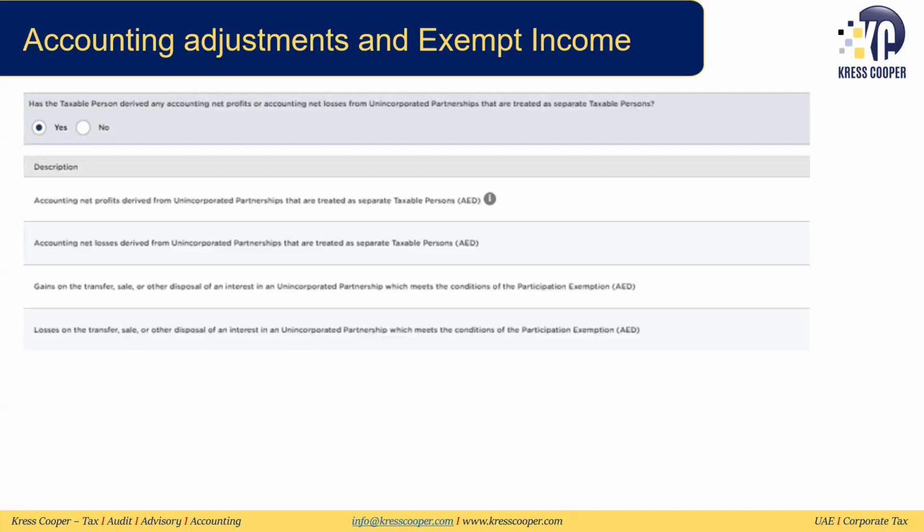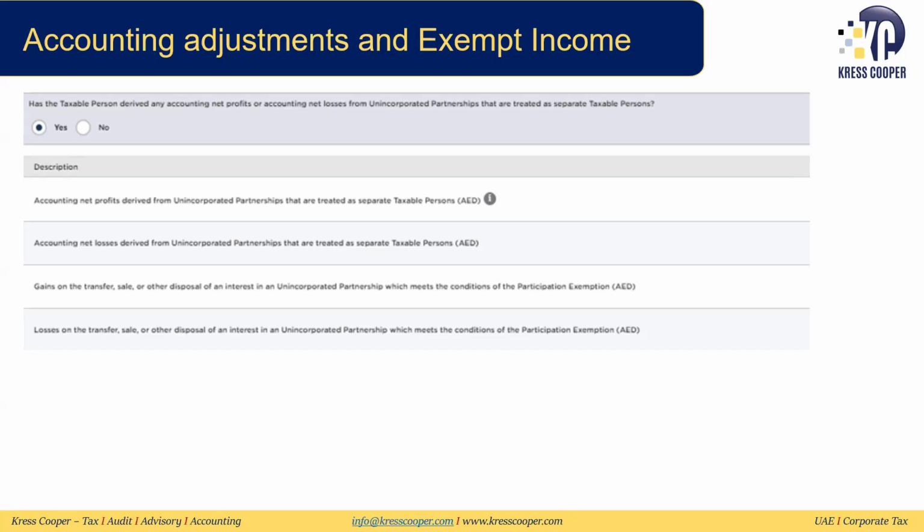Then moving on, it is asking whether the taxable person has derived any accounting net profit or accounting net losses from unincorporated partnerships that are treated as separate taxable persons. Again, we already discussed this. It has already asked you this information before in the form about the unincorporated partnership if you are a partner in that. So now, if you have clicked that as yes, then it is asking you further questions relating to this,